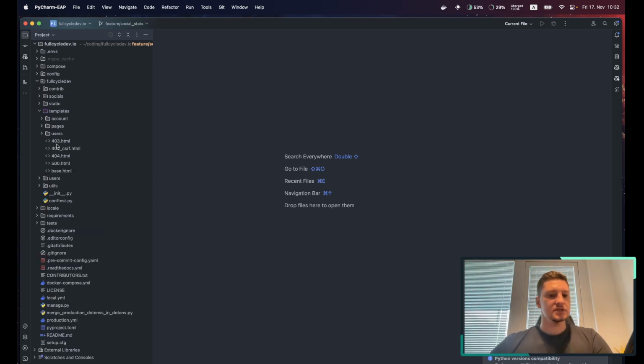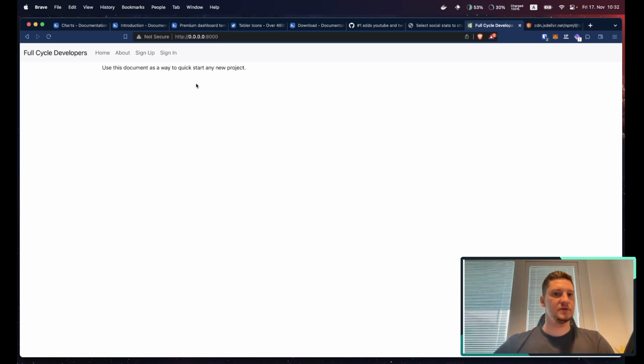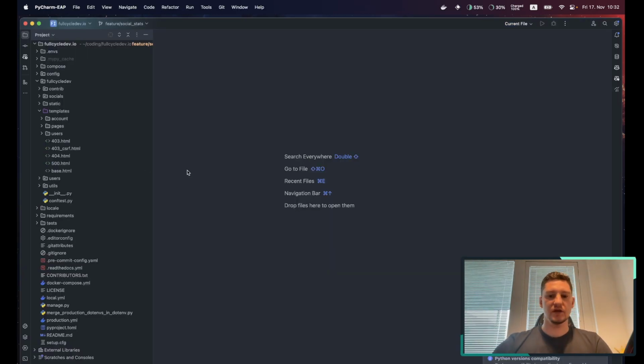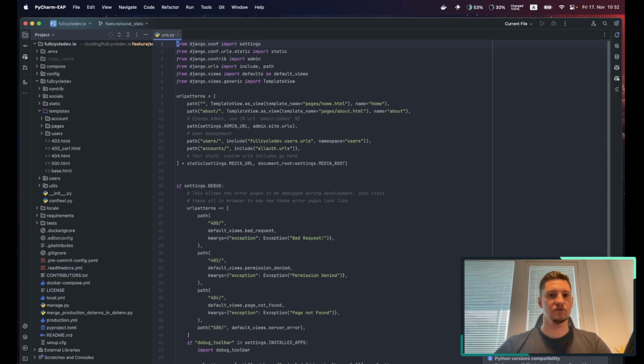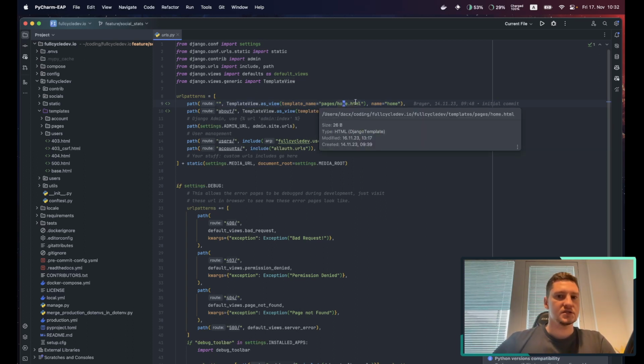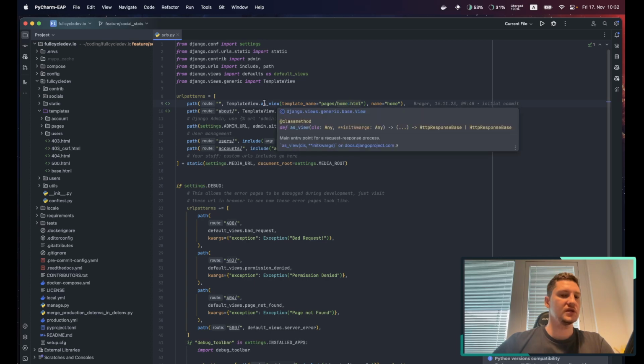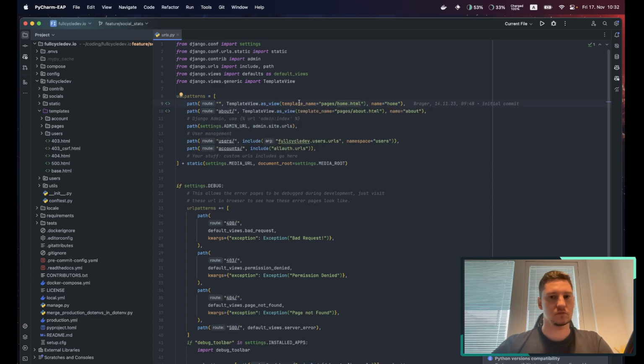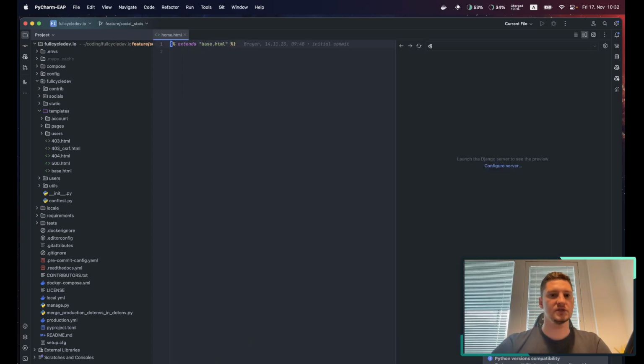But we need to make our main page now. So the thing is, here, our main page is just the base file, right? This is the base file. If we have a look at our URLs from the config, this is the standard route. We have a template view with nothing but the template. And the template is just the home template, and it has no arguments, right? So if we are looking at the home HTML, not very interesting. If we extend the content block,